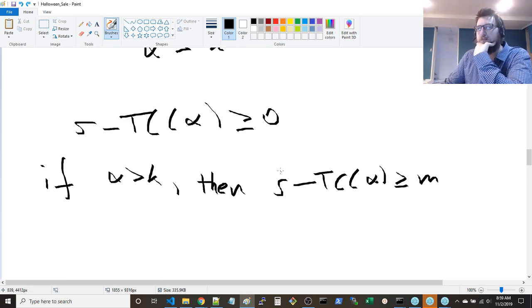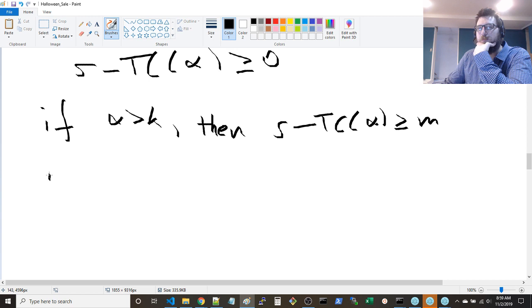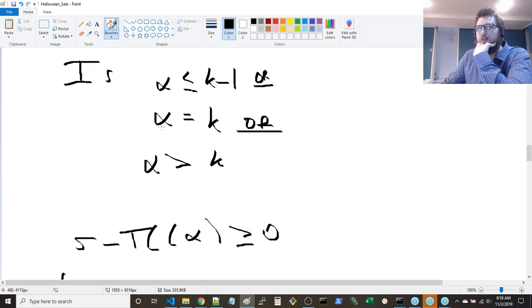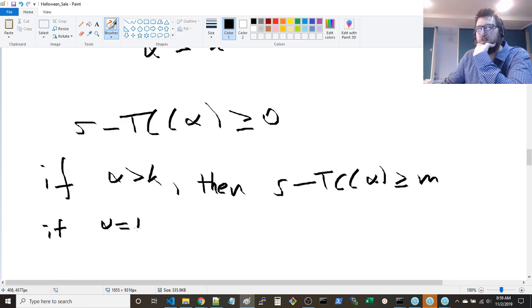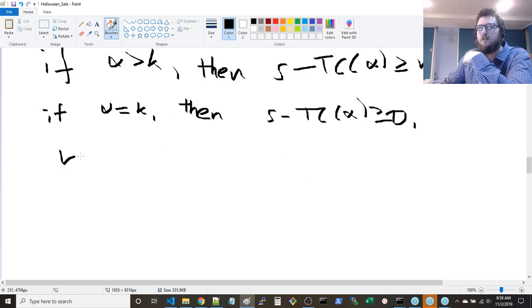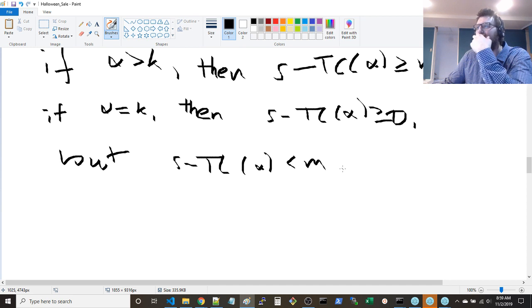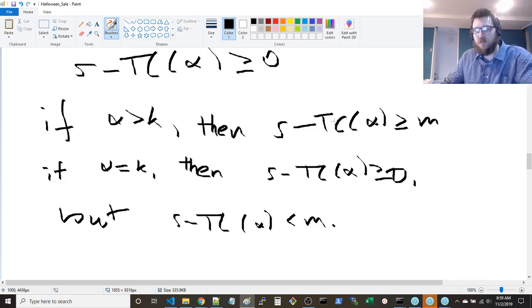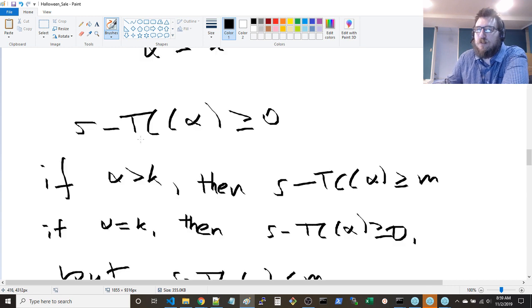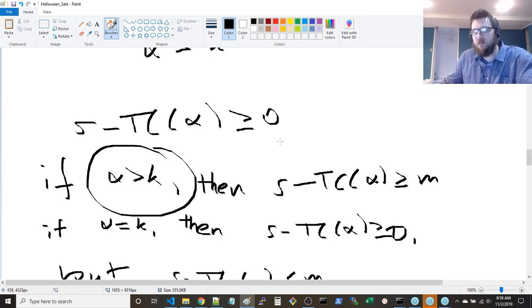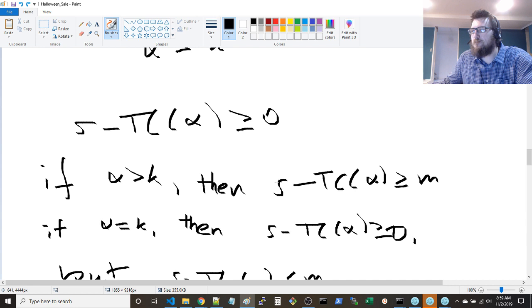We can use these formulas to imply that. If alpha is equal to k, then S minus TC of alpha is greater than or equal to 0, but S minus TC of alpha is less than m. Right? Necessarily, right? Because if this implies that we're greater than or equal to m,